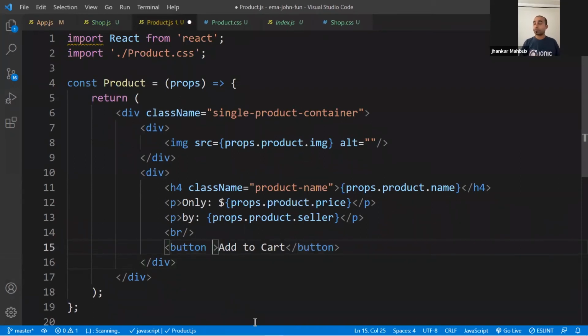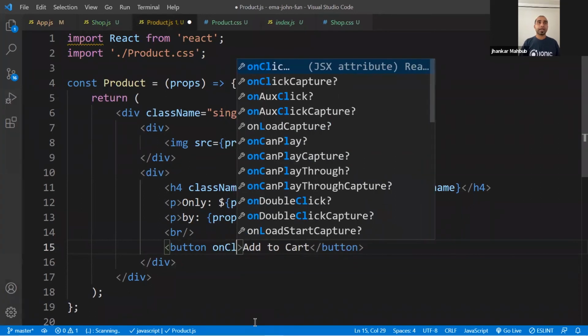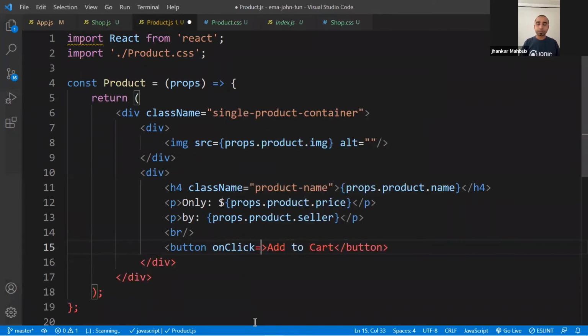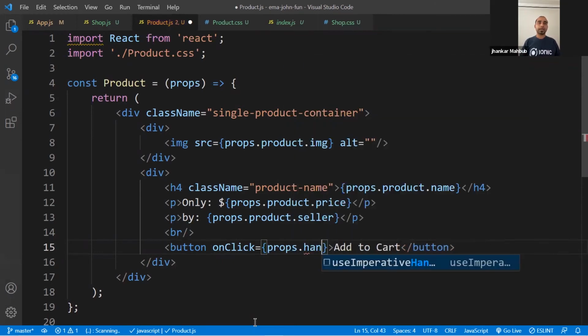And here, if you remember from our last video, we can add onClick. And if you add onClick, you need to do 2 things. The first thing is, if we do it the right way, we need to use the function, props.handleAddToCart, something like this.